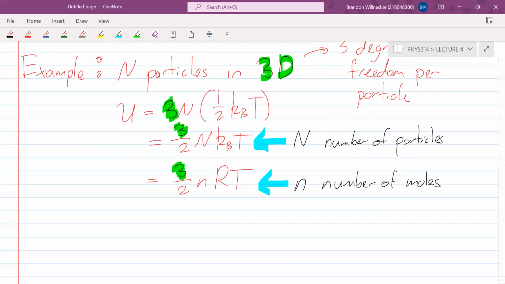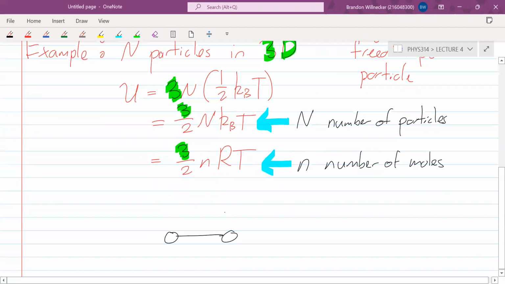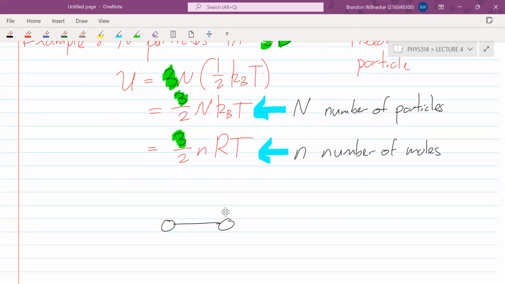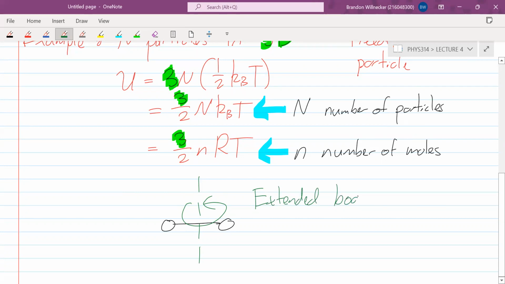So if we have some kind of extended molecule, so 2 particles joined together, this one can now move in 3 dimensions as a single object, but we can also define a rotation axis, and it can rotate around that axis. So that is an extra degree of freedom that this has. So extended bodies like a diatomic molecule,